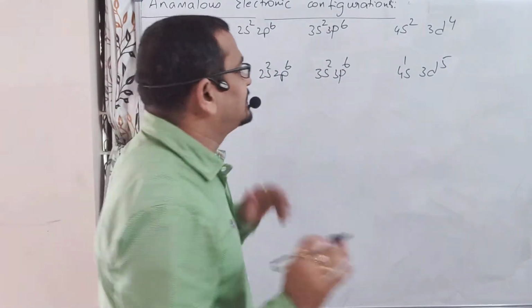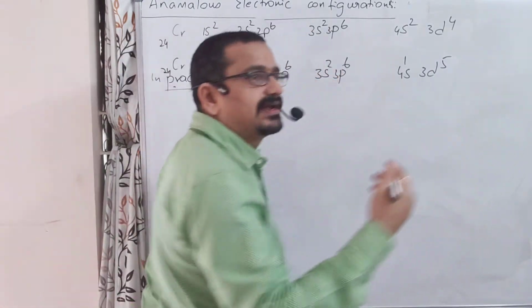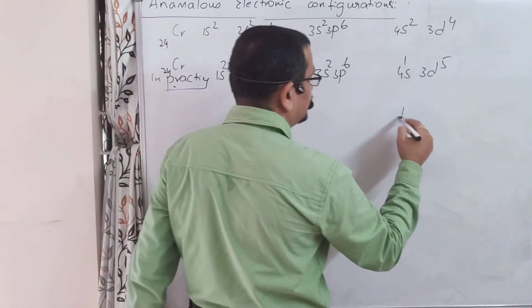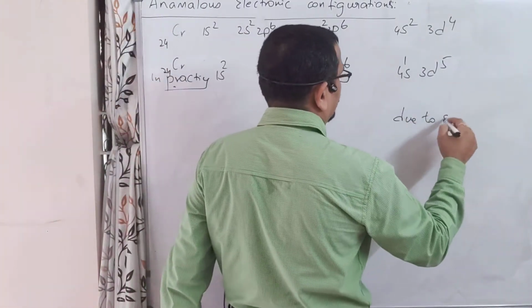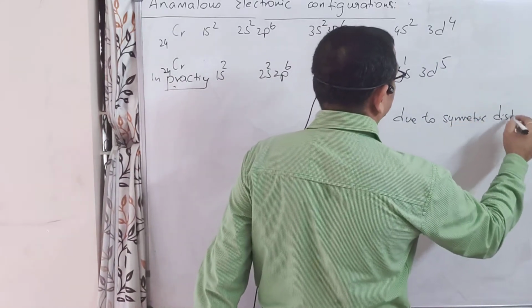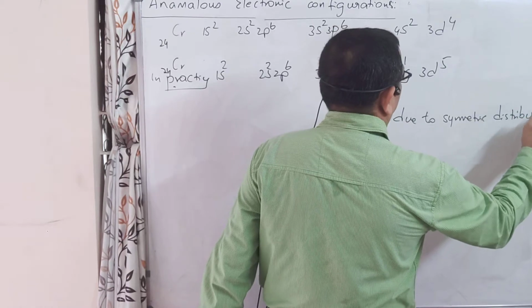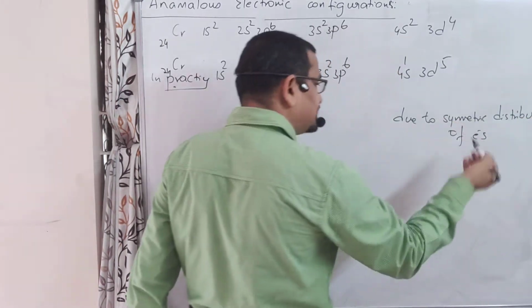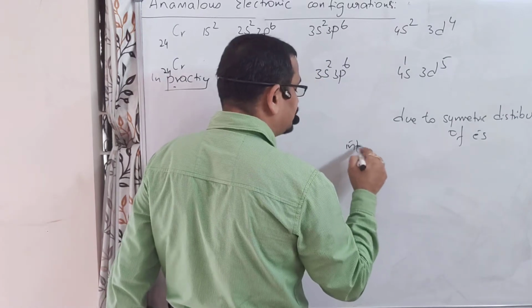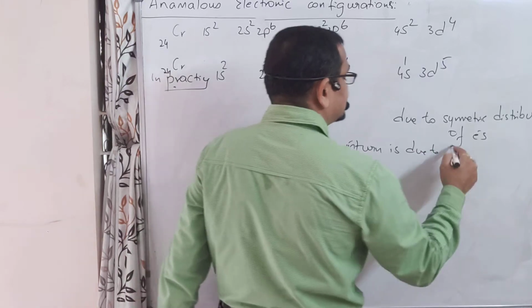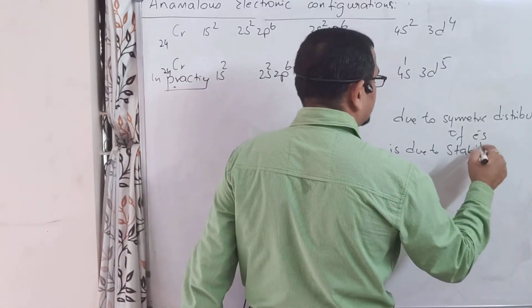And they had given a reason, that is due to symmetric electronic distribution. Symmetric distribution of electrons, which in turn is due to stability of